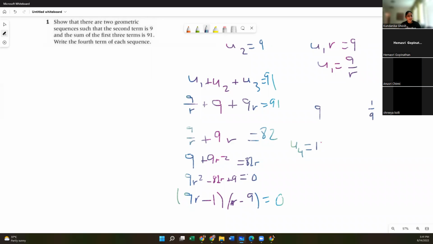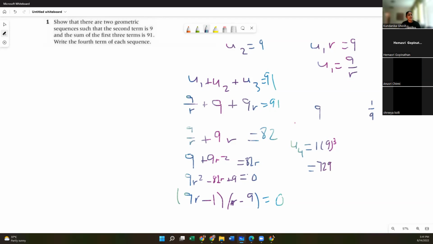Okay. So you have 1 times 9 to the power of 3, because remember the equation for a geometric sequence is u sub n equals u sub 1 times r to the power of n minus 1. So u sub n over here, you want to find the fourth term, so we have u sub 4 equals u sub 1, which is 1, times the common ratio, which we just found out for this case is 9, to the power of 3, because 4 minus 1, n minus 1, is 3. So now 9 to the power of 3 is just 729. So that is your first case.